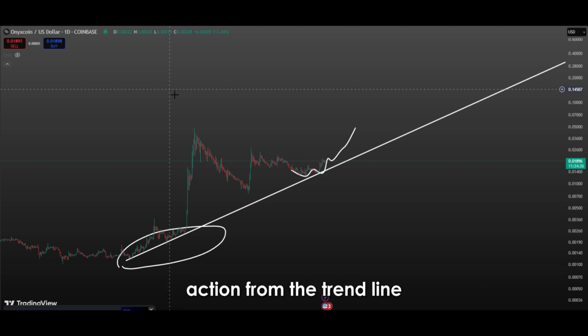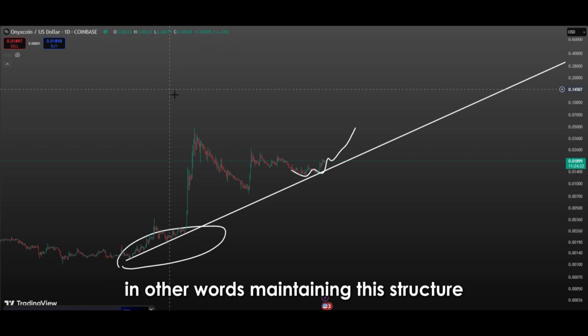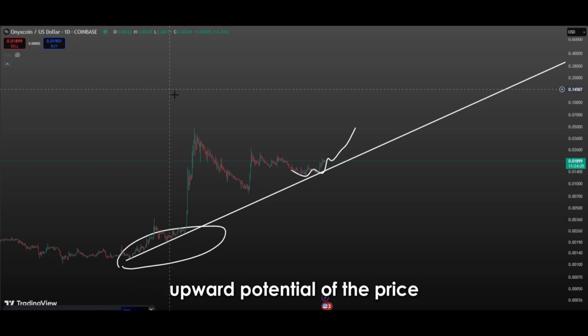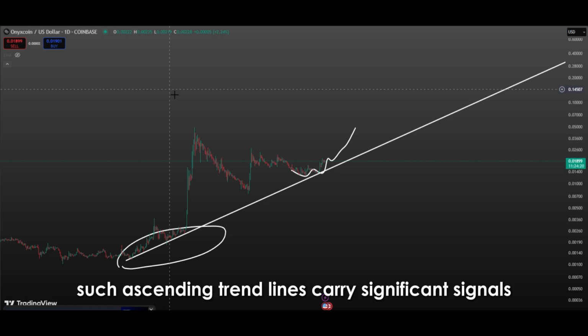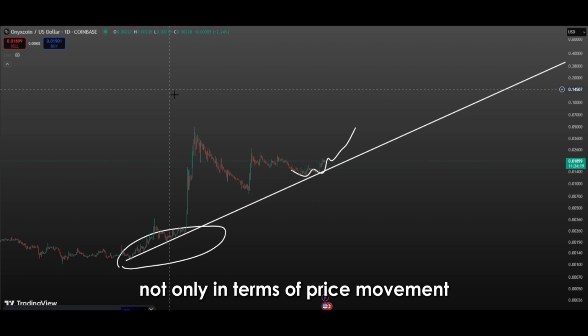Following the recent reaction from the trend line, it seems likely that the price will gain upward momentum again and test the previous high levels. If market conditions remain favorable and the trend line holds, this could trigger the formation of new highs. In other words, maintaining this structure will continue to be a strong element supporting the medium and long-term upward potential of the price. Such ascending trend lines carry significant signals not only in terms of price movement, but also in